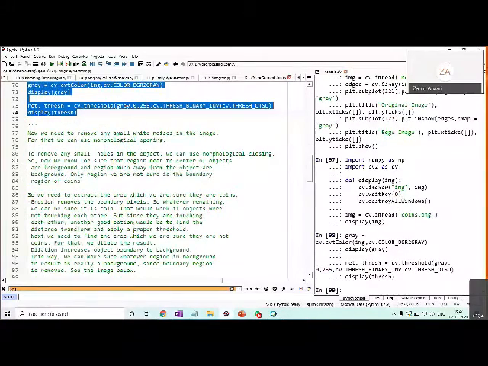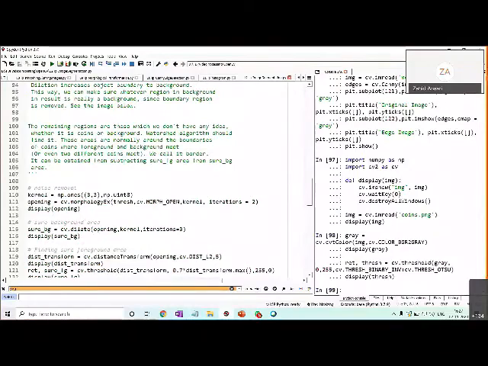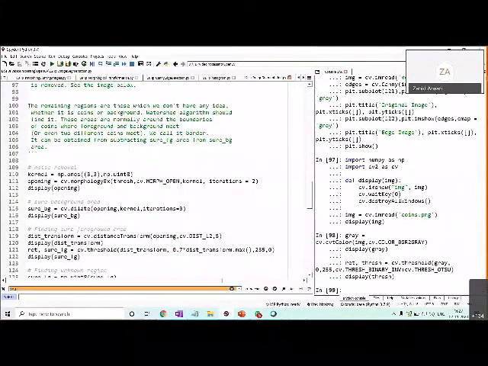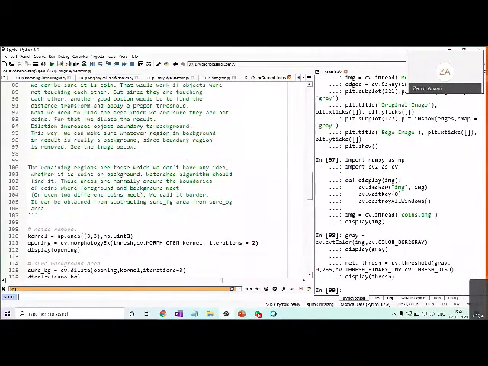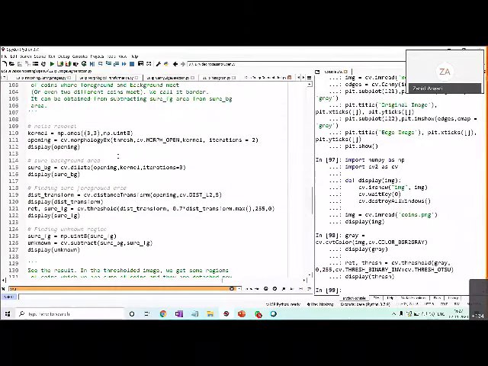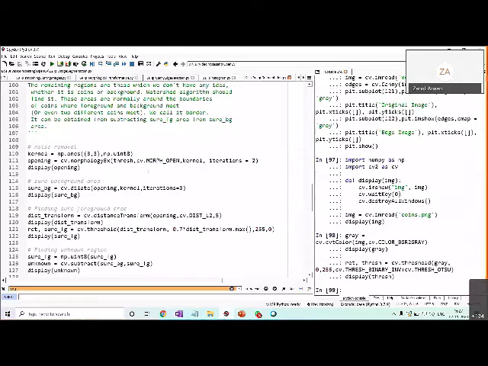Then after that, we are performing noise removal by performing the opening operation. We saw that morphological operation, the opening. For morphology, I'm applying cv.morphologyEx with MORPH_OPEN.